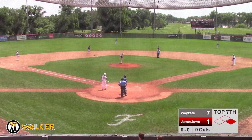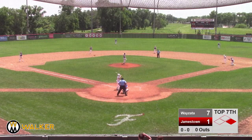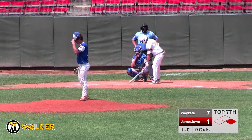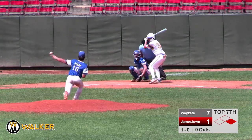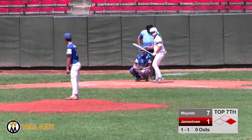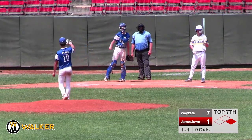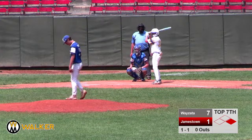Following that single will be number 32, Zach Frey. First pitch misses inside. Dust him off the plate. Moves him out of the way. Still a couple guys in the bullpen. That might just be the pitching coach, Evan Hardy, though. Strike. Called strike on the outer part of the plate. 1-1. One counts as Frey. That one misses way out. 2-1 count. We'll see if Wayzata can tack on a few more insurance runs for the bottom of the 7th